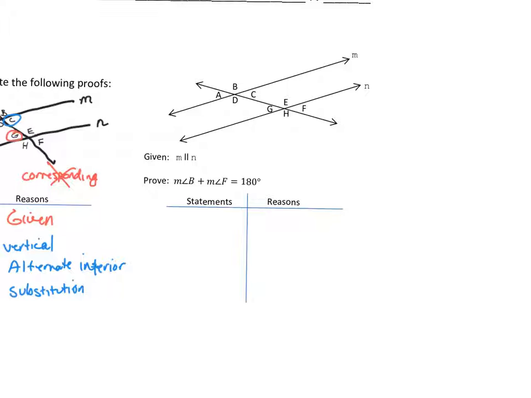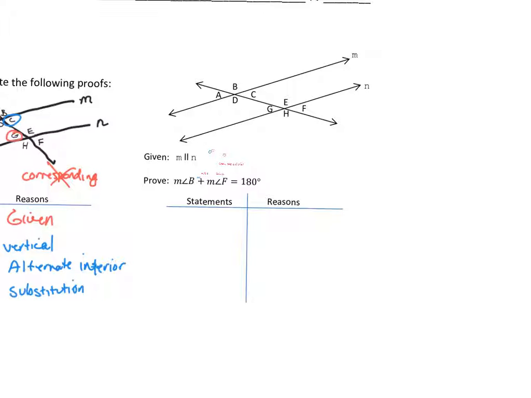In this problem, given that M is parallel to N, I'm looking to prove that angle B plus angle F equals 180. So those are same side exterior. So that's the rule that I'm not allowed to use. So that means I'm allowed to use any other rule. So I'm going to get one angle that is a linear pair to both of those. So if I choose A, then I could say that